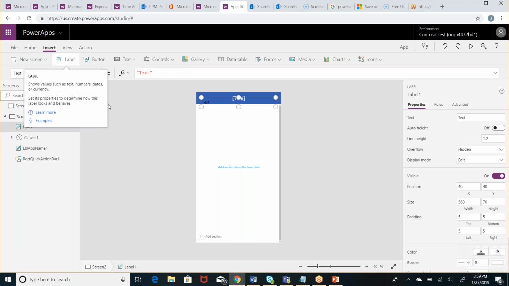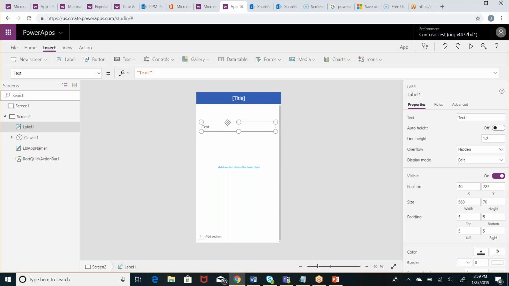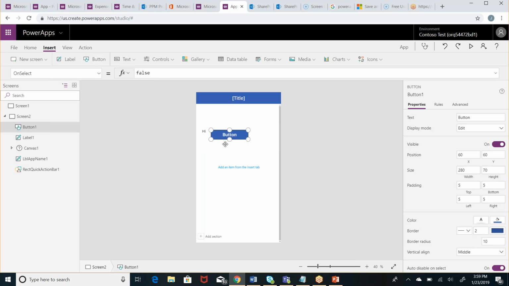We have label. Right now I just clicked on a label and it popped up, and you can see that PowerApps is showing me guidelines on how to evenly display the label. And if I double click here on text, I can actually change the wording. We have buttons. And this button here, you can change the functionality of to do what you need it to do. Save a document, refresh. You can change the name from button to refresh. You can change the color. We have text,